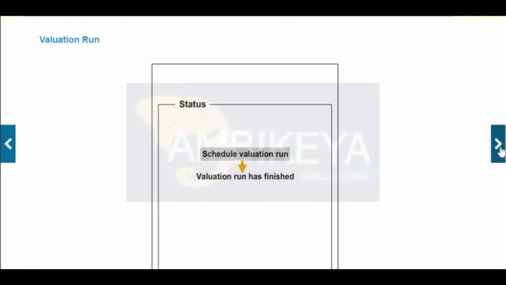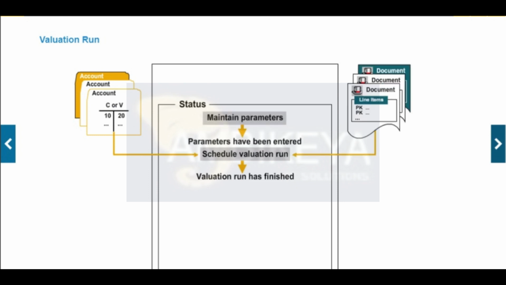The valuation run analyzes the accounts and documents defined in the parameters and creates a valuation proposal. You can edit it if necessary. The valuations can be entered manually in the document at an earlier date, that is, individual value adjustment, determined using a value adjustment key contained in the customer master record. During the valuation, a certain